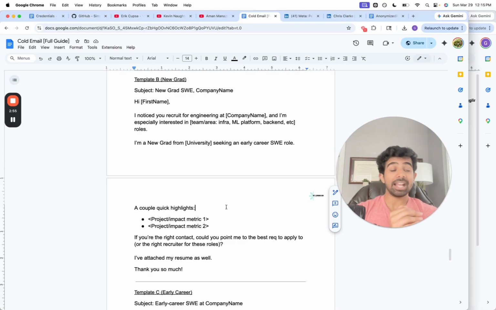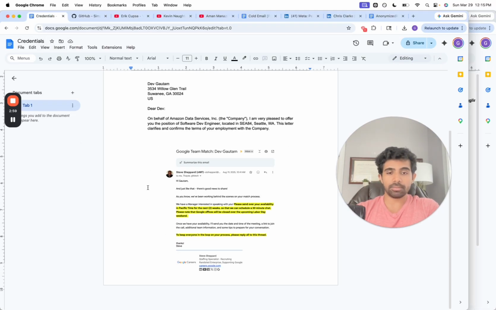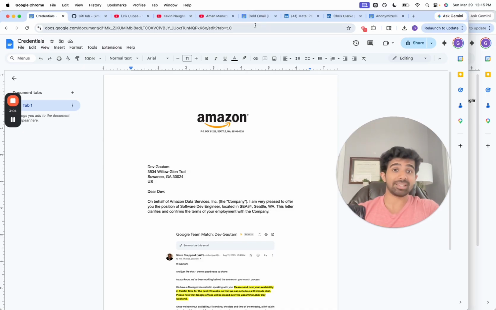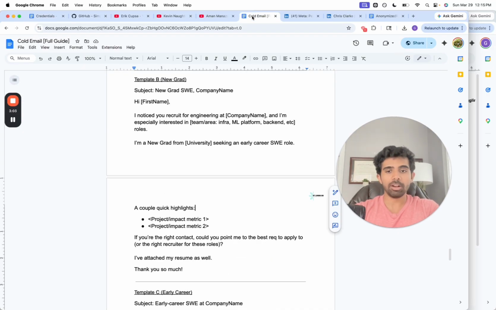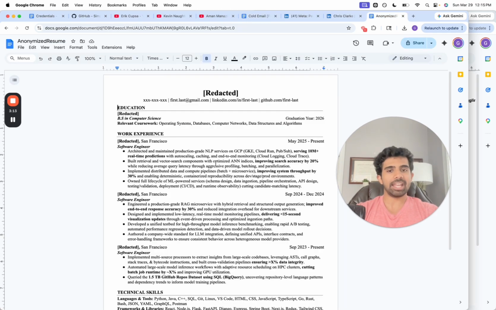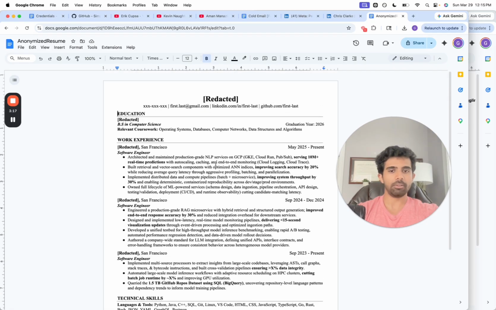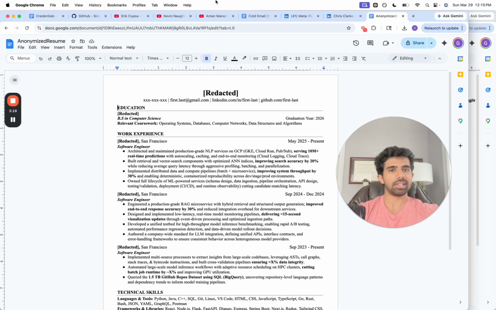And I've actually tested this before. Back when I was going through the recruiting cycle, trying to get these offers, I was neurotic. I was testing so many different things trying to figure this out. So I tested putting 3 bullet points. I tested putting just 1 bullet point. And what actually works best is just putting 2 bullet points in the email. You've got to do that. And later in the video, I'll kind of hint as to how to actually pick those bullet points from your resume as well. This is the most optimized resume template over here.